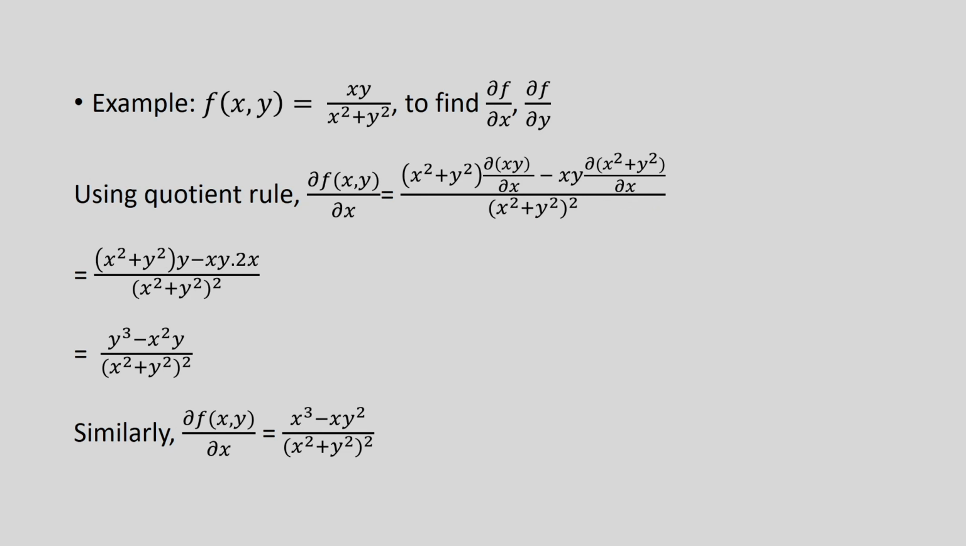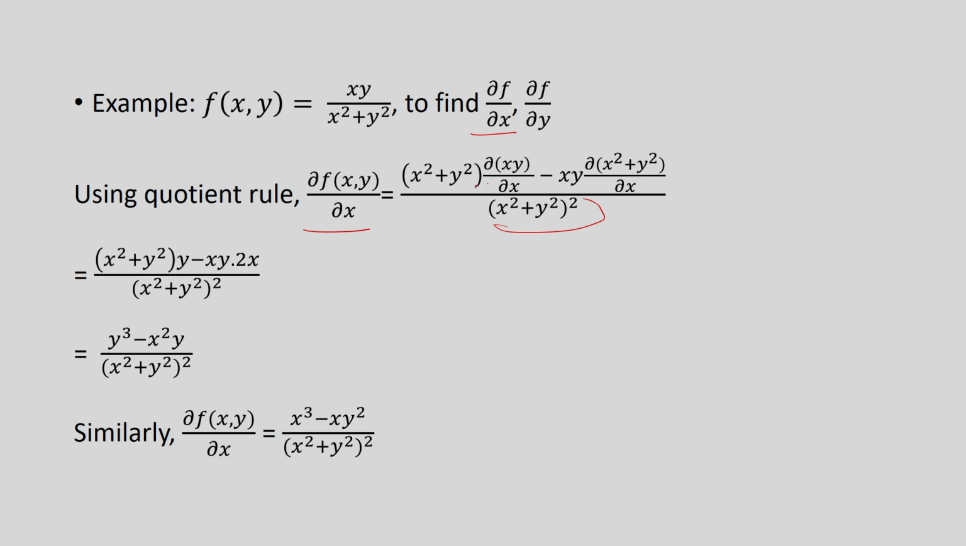So, here is an example. You have been given a function f of x y equal to x y divided by x square plus y square. We have to find out what is del f del x and del f del y. To find del f del x, I use the quotient rule, because you have a quotient here, x y divided by x square plus y square. So, we know how to do that. I take the square of the denominator in the denominator, and then the denominator multiplied by the partial derivative,